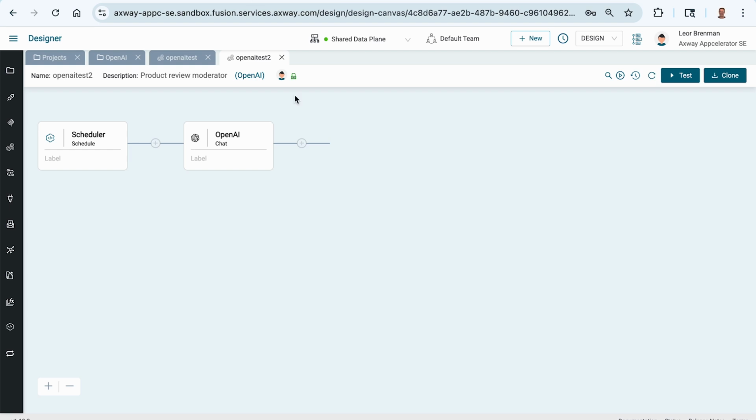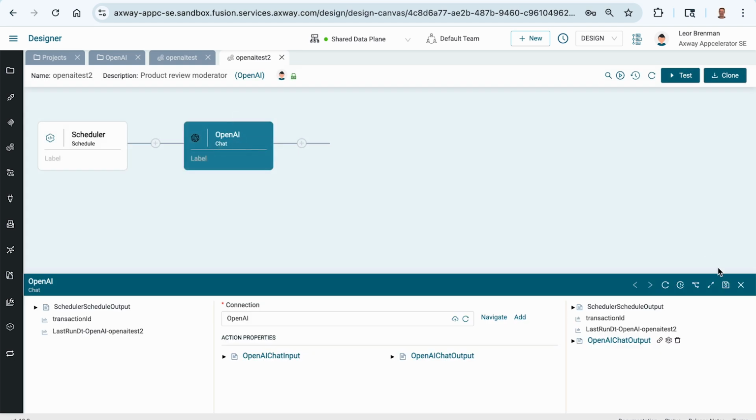And to be honest with you, I worked this problem out on ChatGPT, and I got my prompt and my schema and everything, and I suggest you do the same thing when you're trying to solve a problem. Use ChatGPT or some LLM to work out your problem, and you'll have greater success in achieving your result. So here I am in my OpenAI chat component,